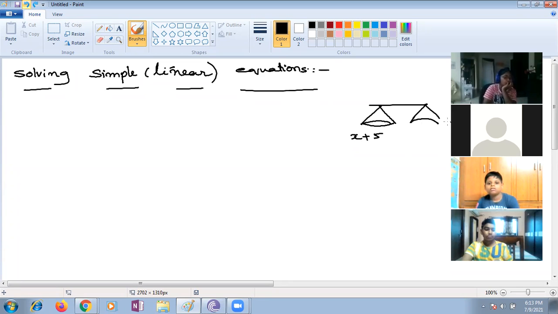Instead of x plus 5, I'm keeping here 15 minus 15. What am I supposed to do in this case to balance both? What value am I supposed to keep? You have to think. This is again the integer concept, children. Even when we use fractional concepts or decimal concepts, integer concepts, everything should be involved in your simple equations.